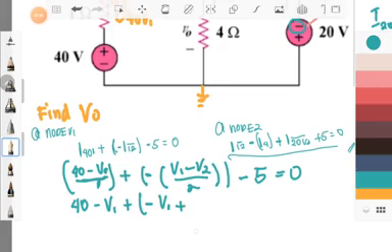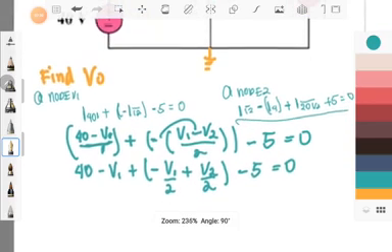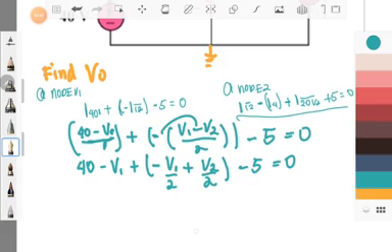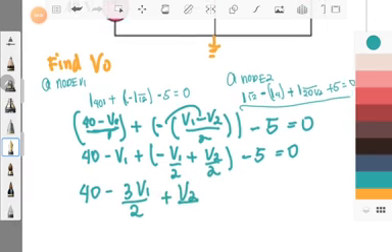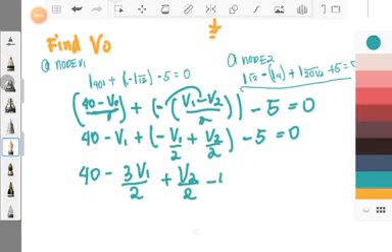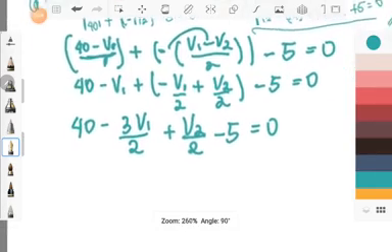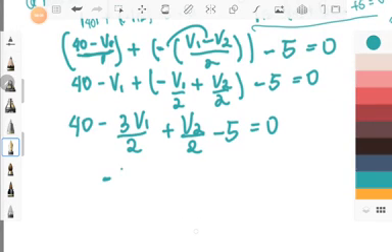V1 plus, so kasi negative times negative, di ba? So V2, so magdi-divide by 2 tayo, divided by 2, minus 5 equals 0. So you see that negative V1 minus V1 over 2, we have 40 minus 3 V1 all over 2 plus our V2 over 2 minus 5 equals 0. So by simplification, kahit hindi na tayo mag-multiply ng 2 dyan, kasi gagamitin naman natin yung